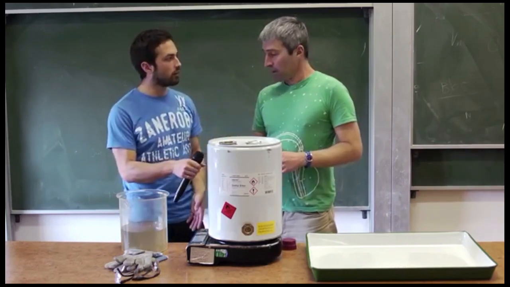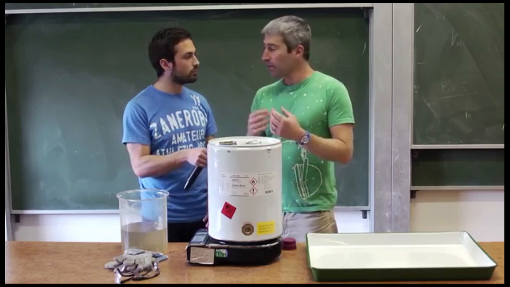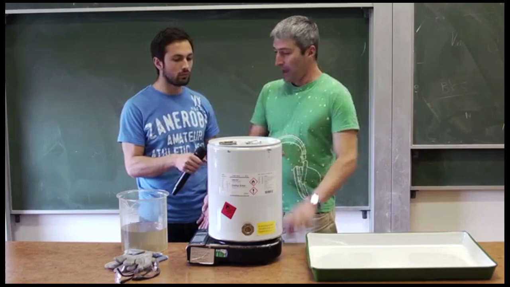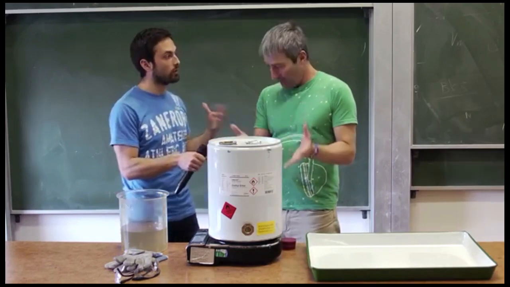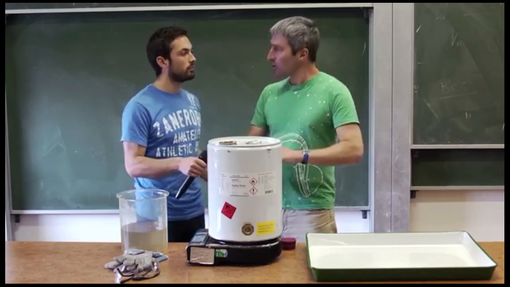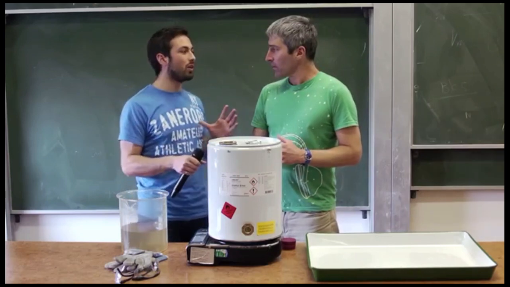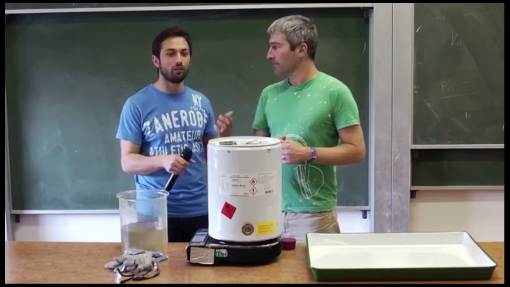That's right. Then once we're sure that it's pretty much emptied of air, we put the stopper in and cool it back down again. Okay, so that's going to condense the water vapor. That's right. And so what does that do to the pressure inside the drum? It'll become much smaller. And then we're going to be able to see what the atmosphere does when there's no pressure on the inside to push out. Excellent. Exactly.